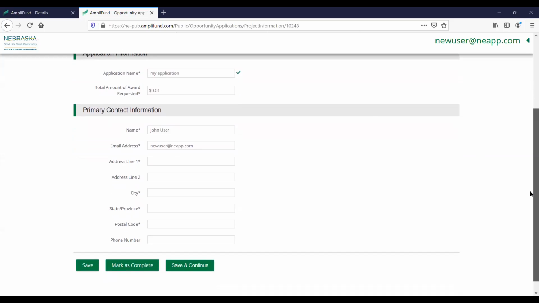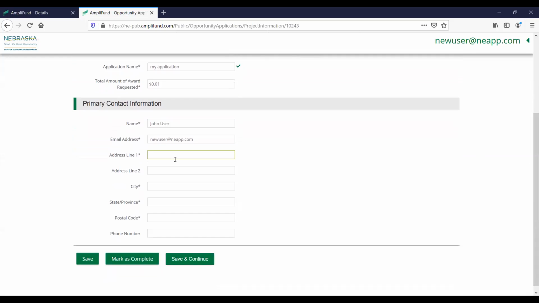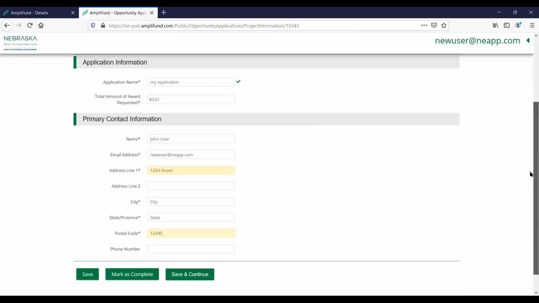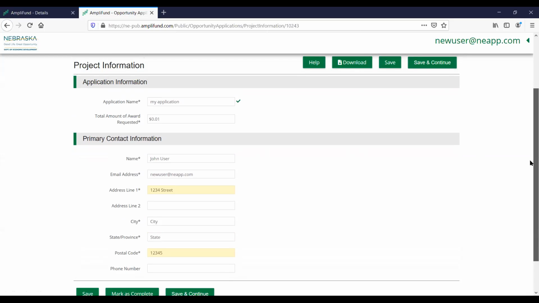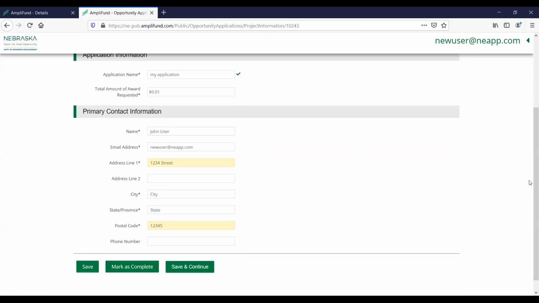The next section that needs to be populated is the primary contact information. Some fields here will populate from what's been entered in the registration. Go ahead and populate the remaining required fields. So address line 1 is required, city, state, and postal code. When all required fields are populated, then you'll be able to save and you'll be able to mark this page